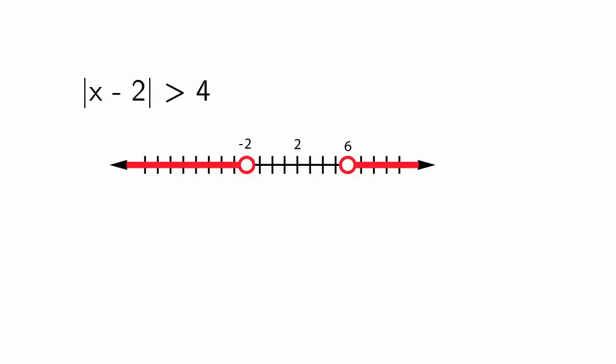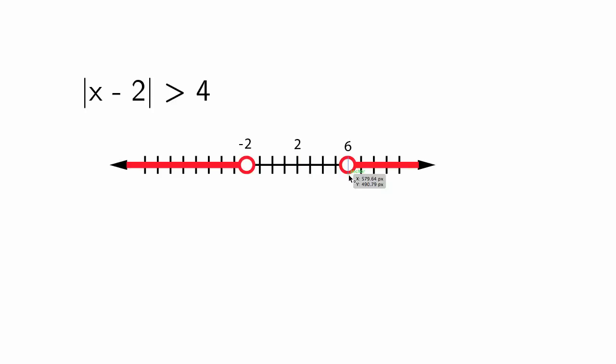In this problem, we're concerned about the distance of x from the number 2. So in other words, the distance of x from 2 must be greater than 4. So it has to have a distance larger than 4 from the number 2. So if we look at the solutions, here's the number 2, and the distance that's greater than 4 from 2